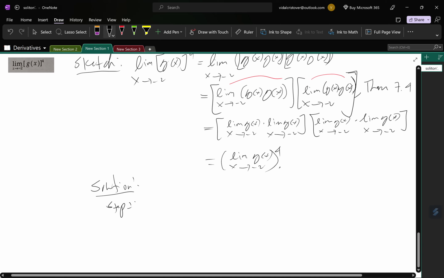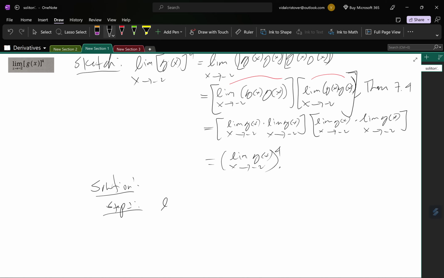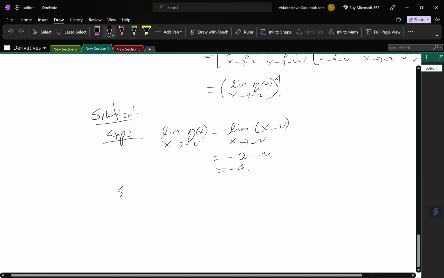Step 1, the limit of g of x as x approaches negative 2 is equal to the limit of x minus 2 as x approaches negative 2, and this is equal to negative 2 minus 2, which is equal to negative 4. Okay? Now, in step 2,